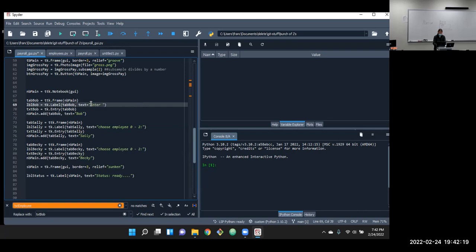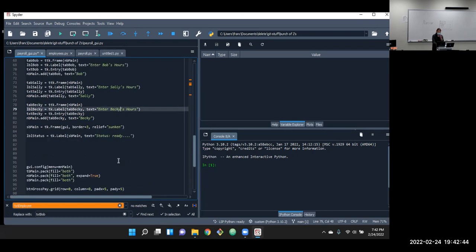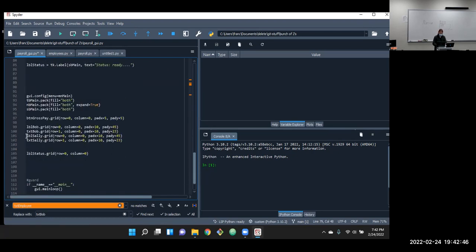Our instructions are now going to be enter Bob's hours, or enter Sally's hours, or enter Becky's hours. So you can see it's a very repetitive process.